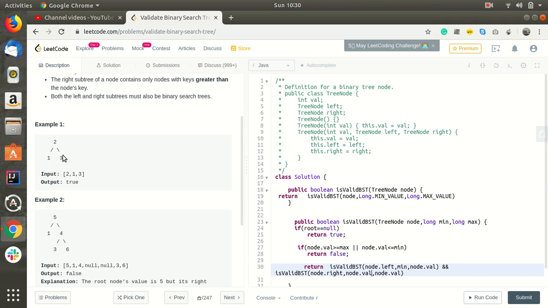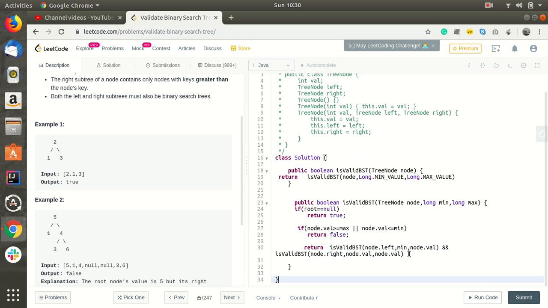If it happens, it will return false, since it violates the condition of the binary search tree. And max will be the normal max, which is Long dot MAX value. Okay, let's run it.